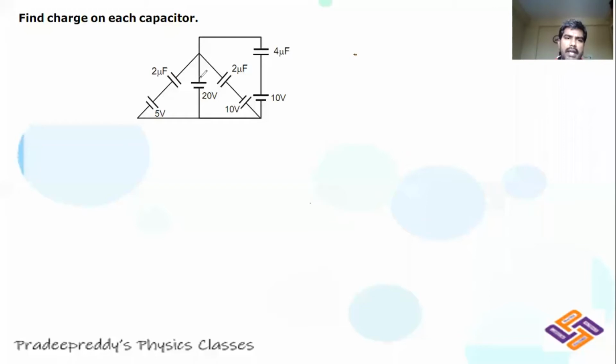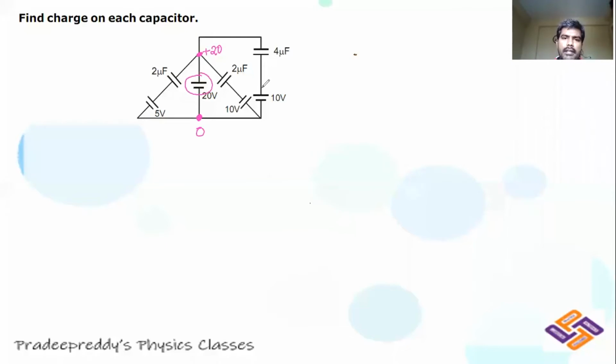See, here is a battery, 20 volt. For the positive plate, take plus 20. This is the positive terminal, it is plus 20. And for the negative, it is 0. So if this battery is providing 20 volt, it means the positive terminal has plus 20 volt, the negative terminal has 0. Total potential difference will be equal to 20 minus 0, that is 20, right? So this is the first battery.